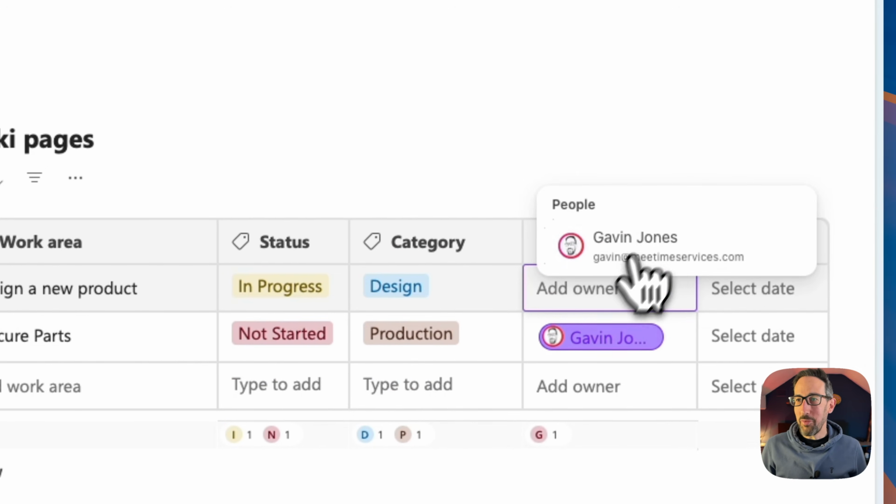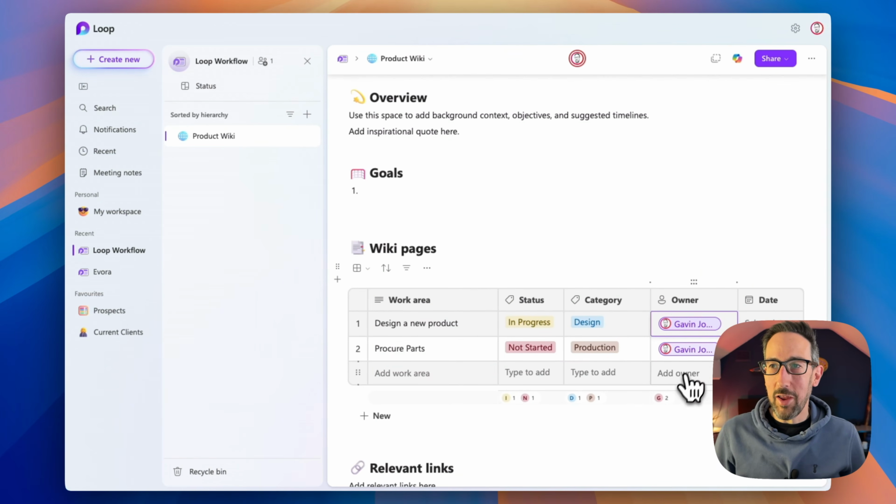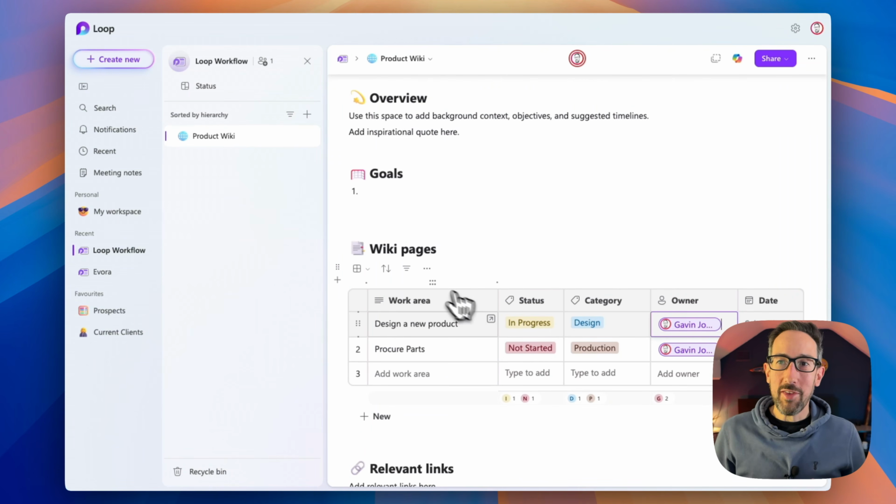Maybe I'm the owner of both of these, and you can see, in a person column, I can just add myself or anyone else in the organization by clicking and selecting the person, or by typing their name. And we can put due dates and things in as well. But say we wanted to say, well, when this, and it's a bit tricky in a list to know how someone would set up their workflow, but say when this thing moves into production,